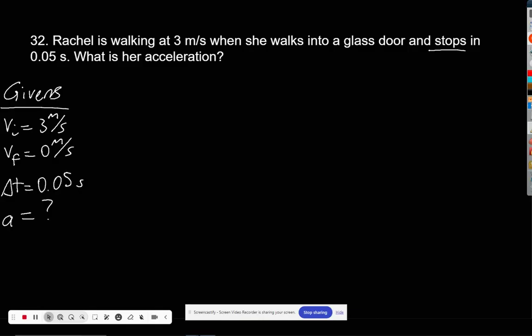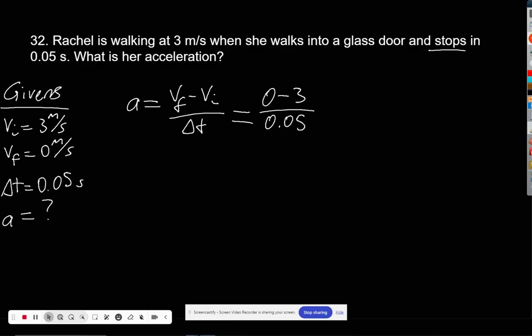So we're actually going to be using the same equation from before, but we can leave it in the form it started in, as in the mathematical definition of acceleration, change in velocity over change in time. We don't need to do any fancy algebra. We can just plug in and solve. VF was 0, VI was 3, and our time of 0.05. I will have to grab a calculator for that one though, so give me just a moment to plug that in. That'll be negative 60